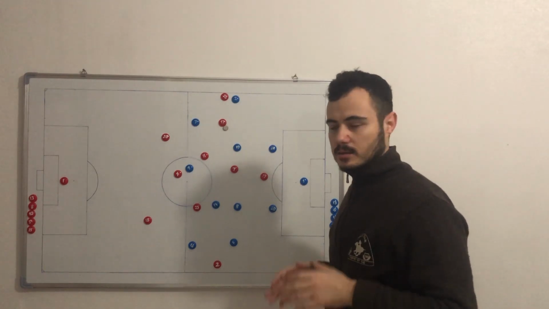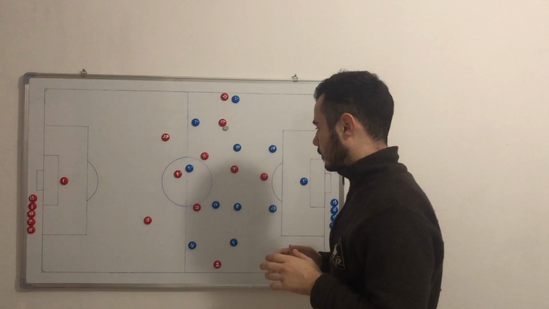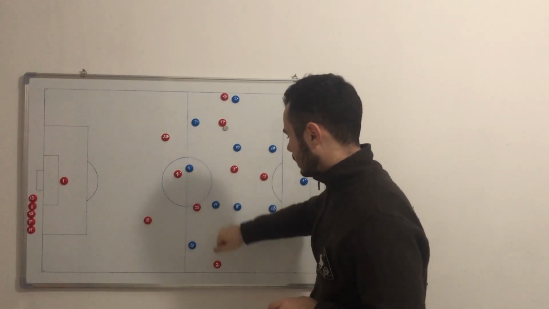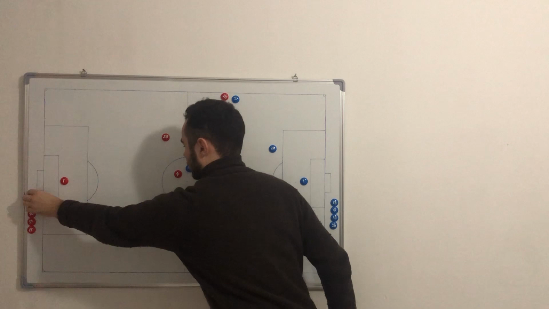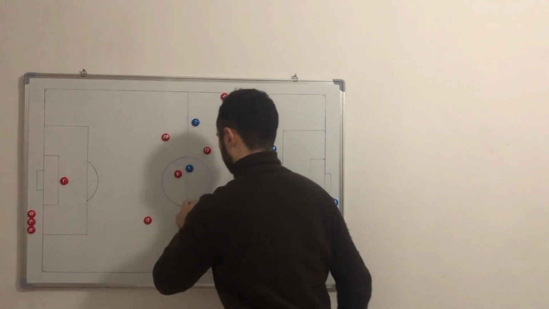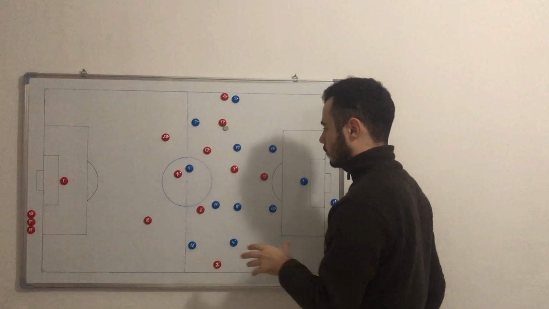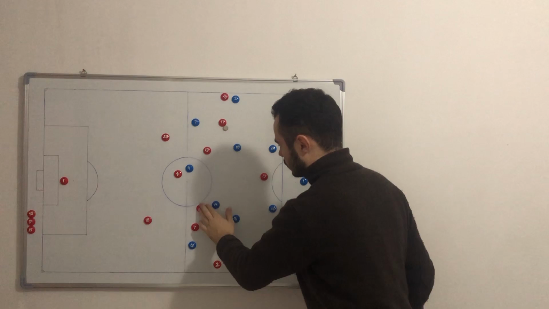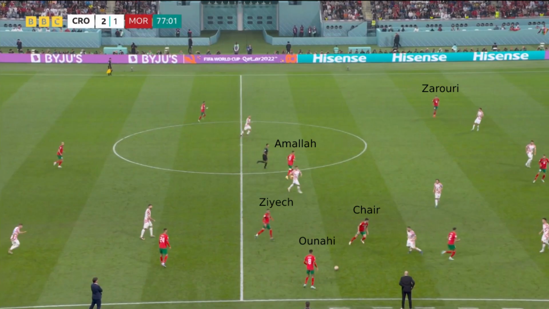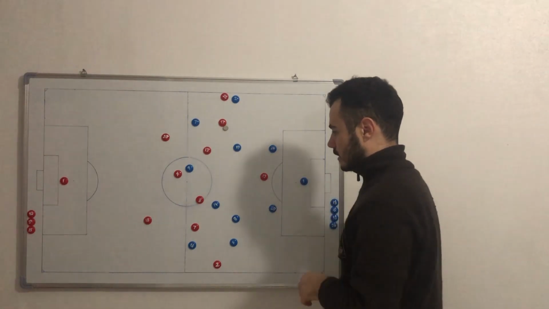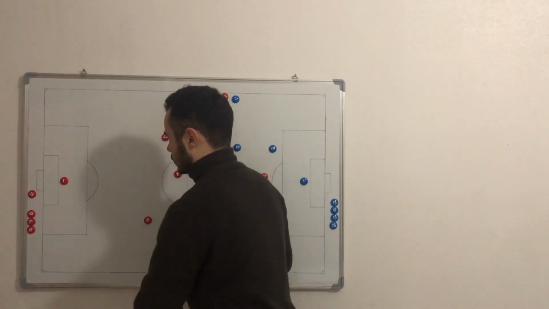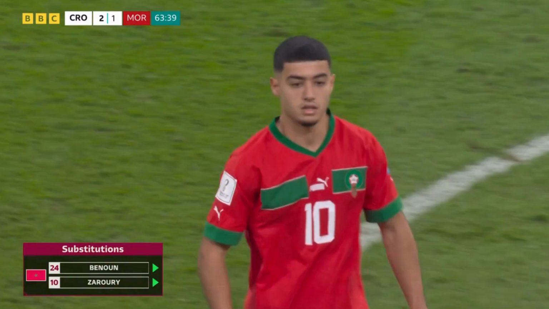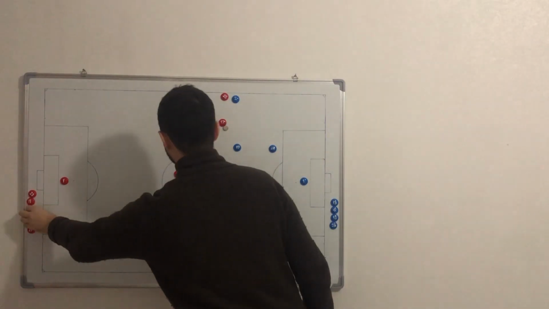I must confess that substitutions were managed better by Regragui. He substituted Sabiri and El Kanouss for Ilyas Chair and Unahi. That brought freedom and physicality in the Moroccan midfield, but we're gonna see that Ziyech was coming inside also, and that gives unpredictability to the Moroccan movement to attack Croatia's zone. So these substitutions were managed better by Regragui, but we're gonna see that he also brings Zaroury in place of